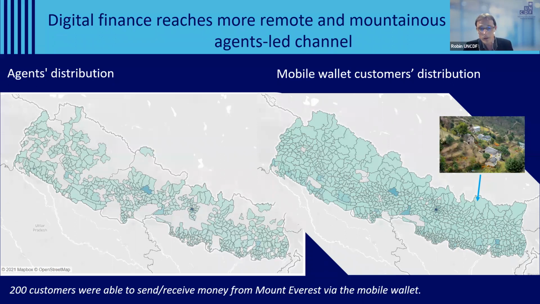On the right, however, we see the mobile wallets where they terminate the remittances. And they're almost able to reach the entire country. And perhaps we want to show you this also with a bit of symbolic importance, perhaps. But we were able to discover that around 200 customers were sending or receiving money from Mount Everest National Park. So even in the most mountainous or the most desertous or the most rural place in the world, nowadays people are able to receive digital finance, digital remittances. If we move to the next slide,